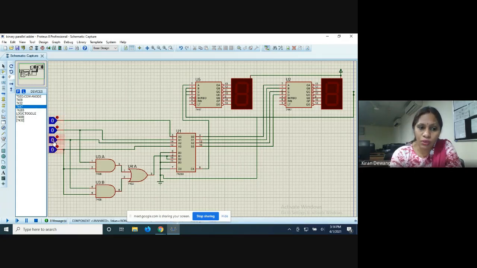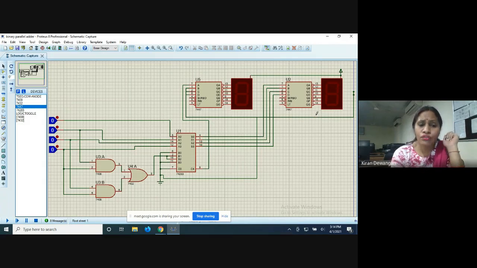Now if I am giving 1010, here the display should show 1 and here it should show 0, right? And if I am giving 1011, the first display should show 1 and the second display should show 1, that is 11. So accordingly, if I give the combinations of input, I should get the decimal output.